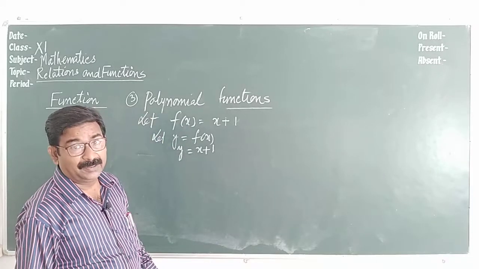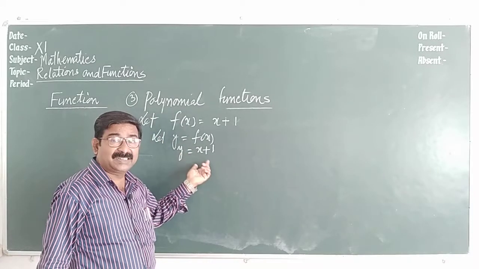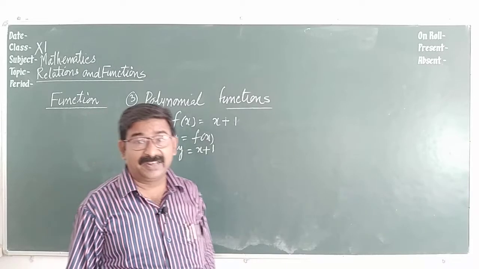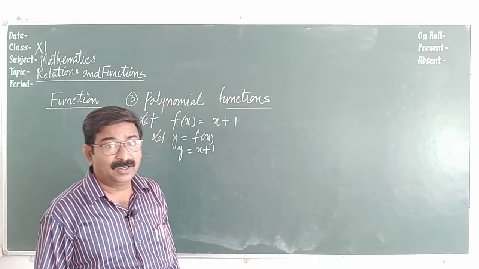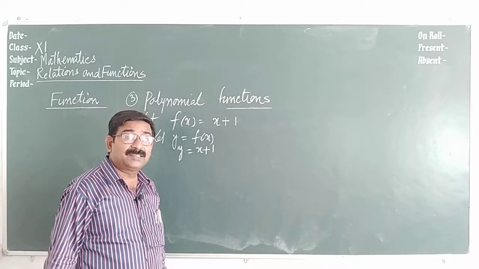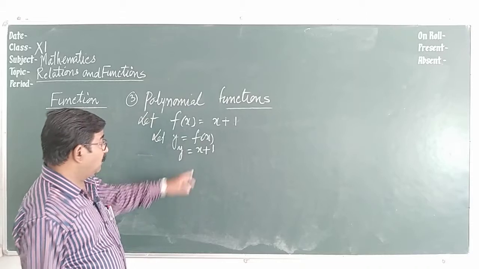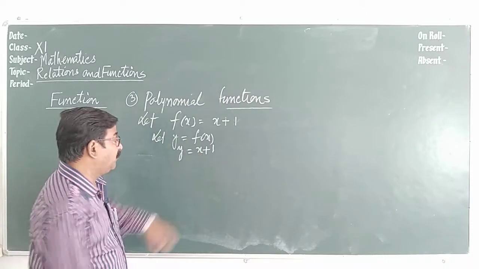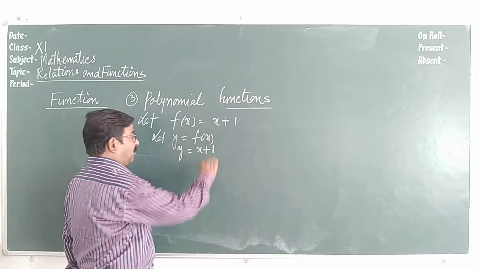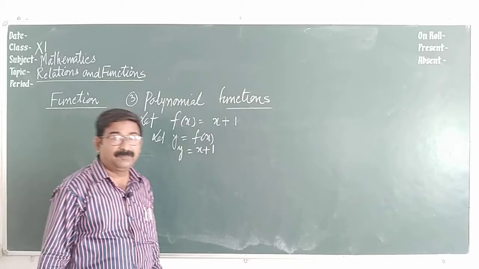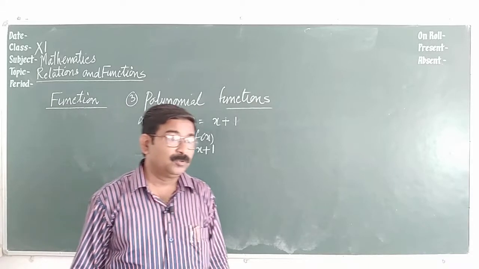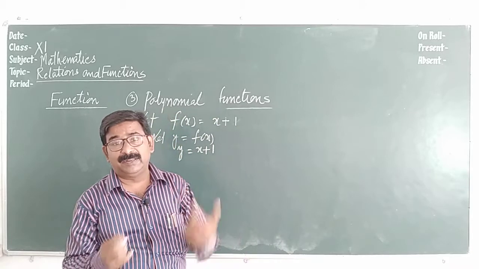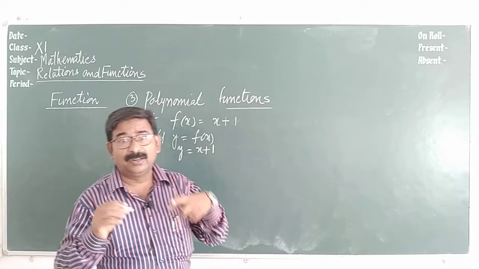So clearly, the domain of this kind of function is all real. Then let us talk about the range. For every value of x, I told you we have different values of y. So as many values as we are taking for x, as many values we will have for y.